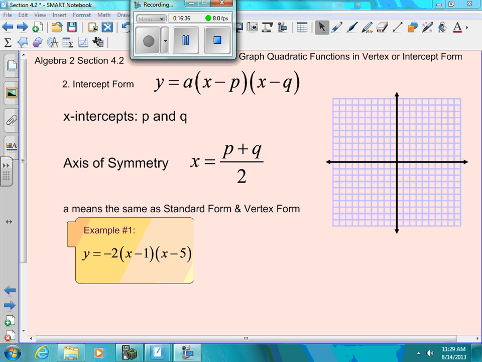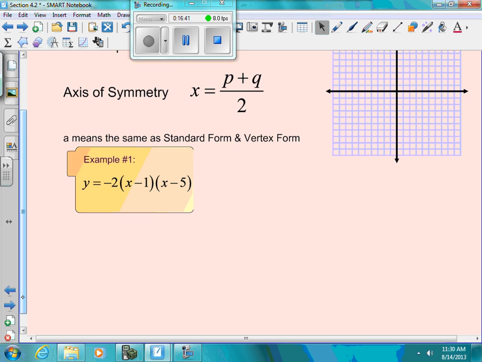Example 1, y equals negative 2 times x minus 1 times x minus 5. You see it like this. It's two parentheses next to each other, not something being added. There's no squaring going on in either parenthesis. That tells me that we are in intercept form or factored form. So remember, for a helping guide, it may help you, it may not, above or below we write the general equation, which is y equals a times x minus p times x minus q. And that's a q, not a 9. By looking at the a value,